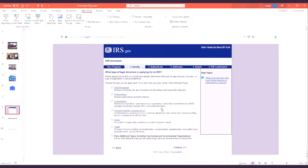And an employer identification number doesn't mean you have employees. You don't have to have employees. You could be a sole proprietor, a partnership, corporation, an LLC, whatever. Fill this form out. It is free. It is your business social security number. All right. It is issued to you. It is unique to you. Again, it is your business social security number. That's the first thing you need to do, because you're going to need it later down the road